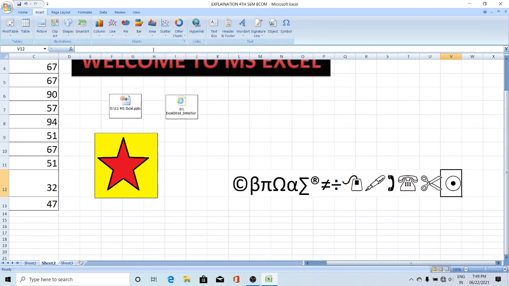You are getting questions based on charts. Two-mark questions you are getting like what is hyperlink, what is pivot table. And how to insert a pivot table and how to insert a chart, those you are getting for 5 marks. And for 15 marks you may get a question like, draw the insert tab and explain all the groups.